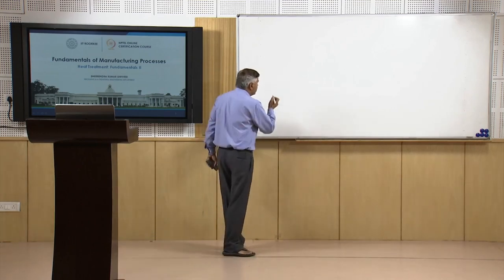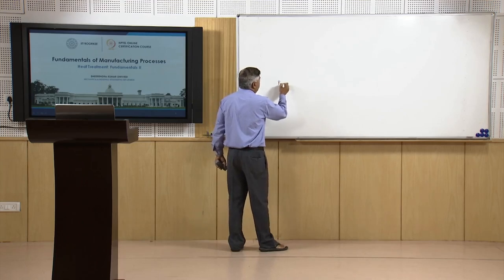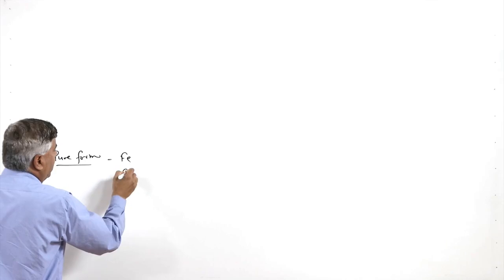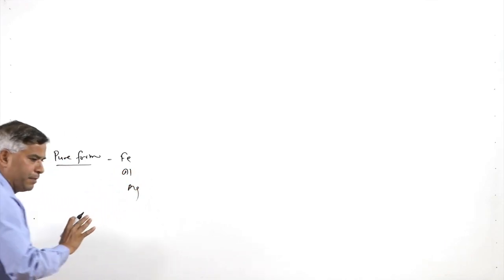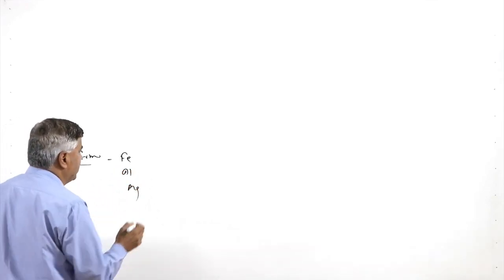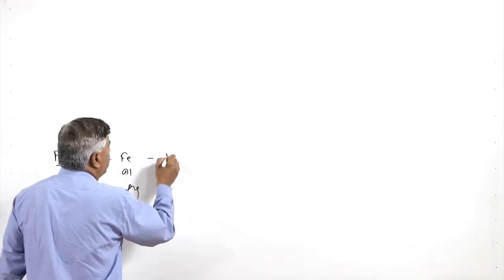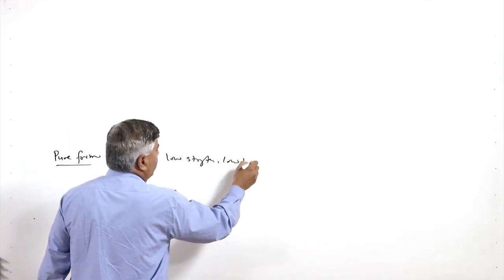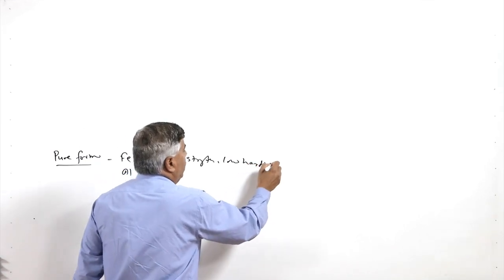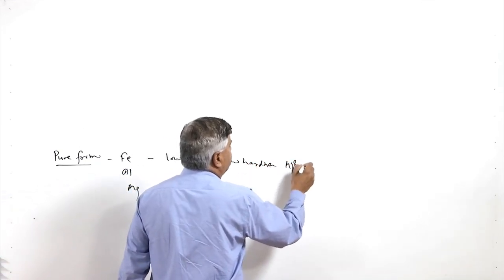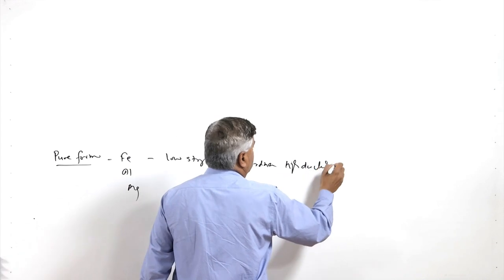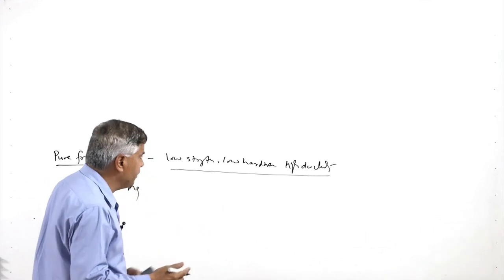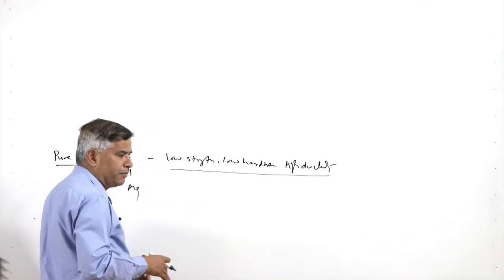So, we know that a metal in pure form, whether it is iron, aluminum, or magnesium, any metallic system, offers low strength, low hardness, and high ductility. Because of the limited load carrying capacity of metals in pure form, they become of limited use